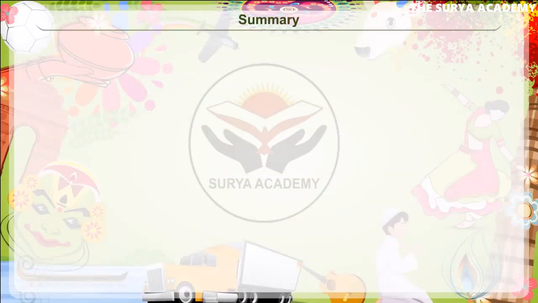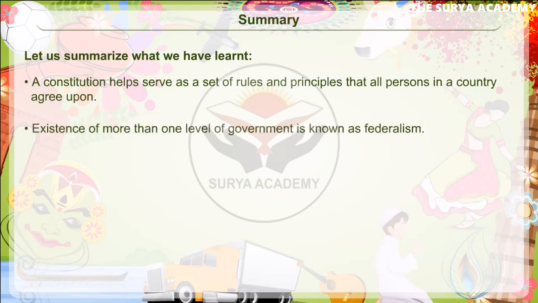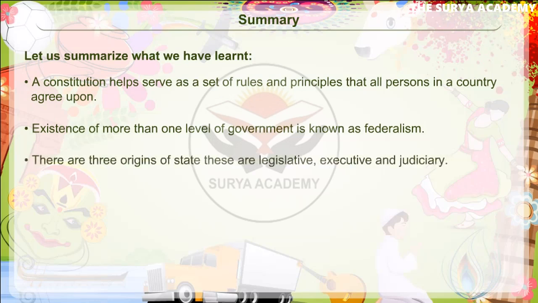Summary. Let us summarize what we have learned. A constitution helps serve as a set of rules and principles that all persons in a country agree upon. Existence of more than one level of government is known as federalism. There are 3 organs of the state. These are legislative, executive, and judiciary. A secular